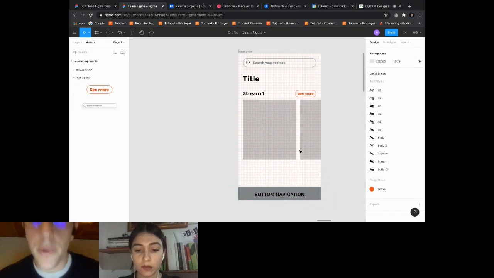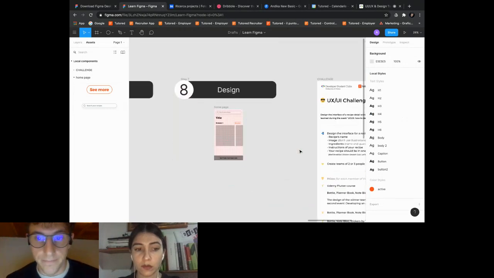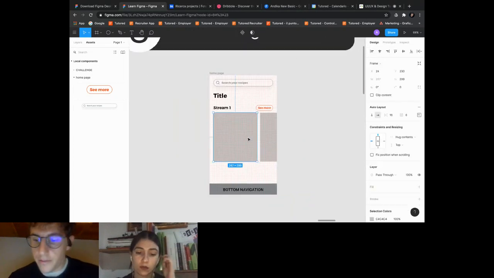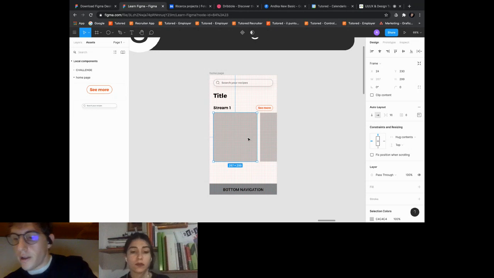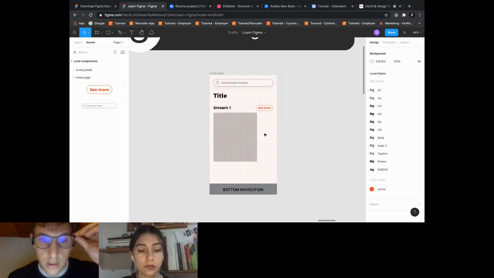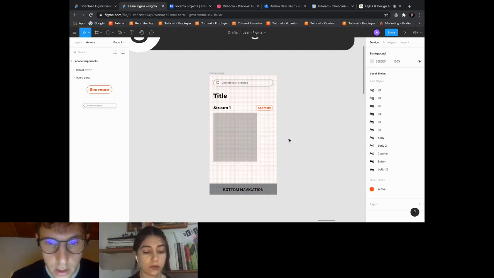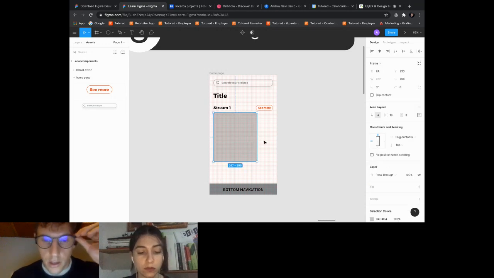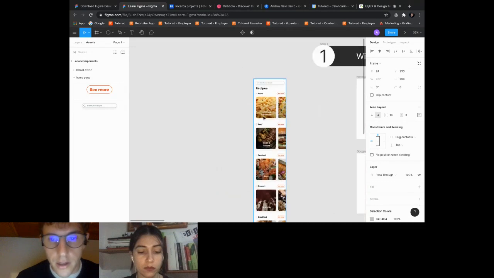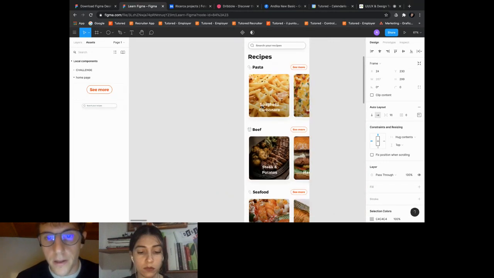So the last step is to create our card. To create the card, it's very simple. We are going to use just what we have seen before. So we want a card like this.